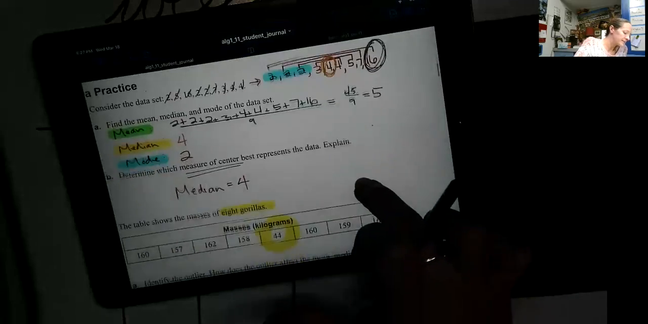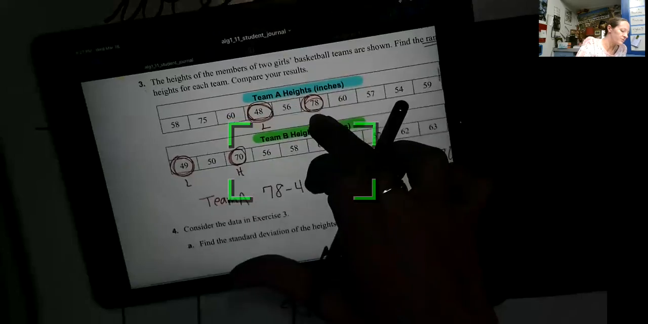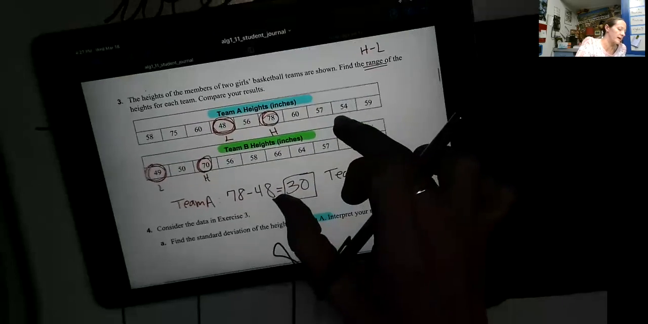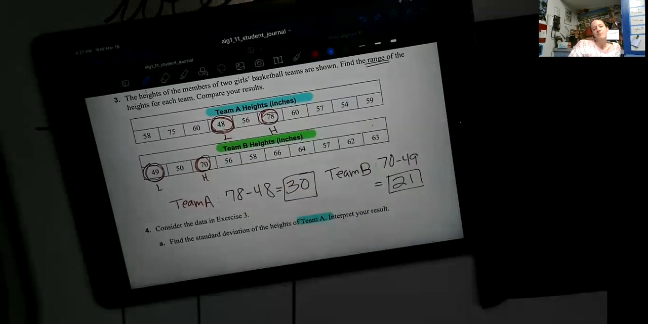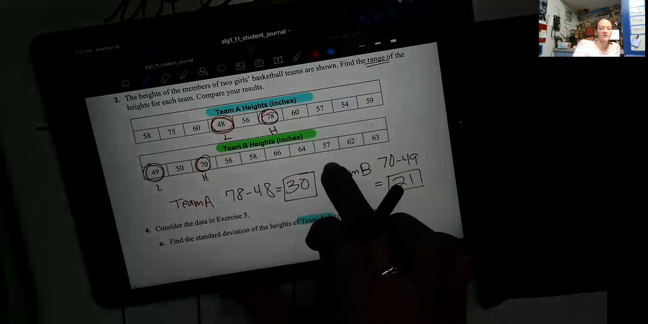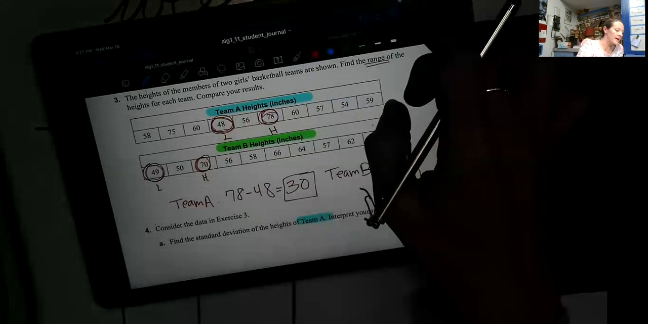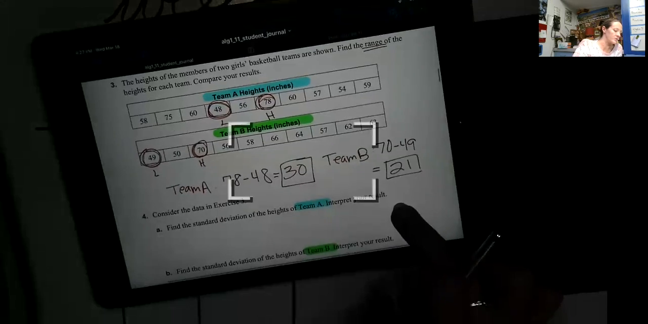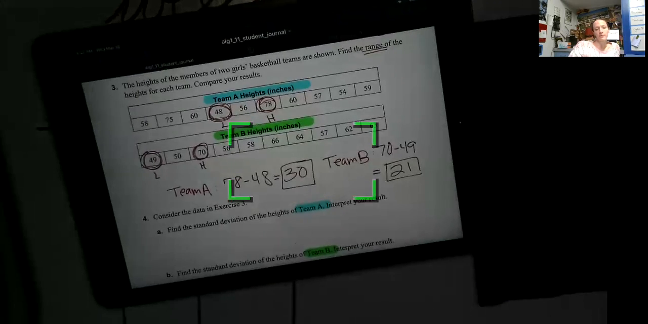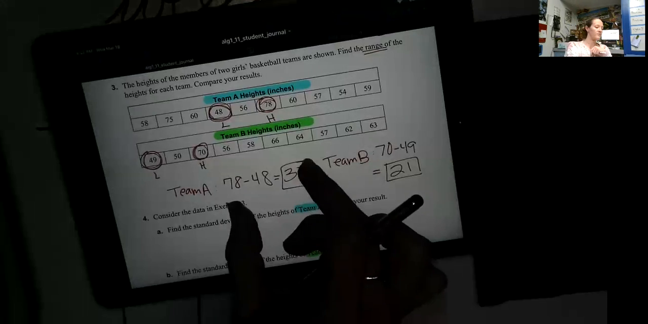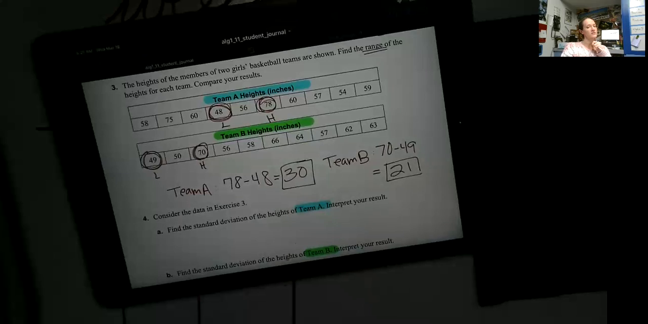So coming on back down to our girls basketball teams, we have already figured out the ranges of those teams' heights, the highest minus the lowest. Now it's time for us to find the standard deviation of A first, and then depending on time, we might go to B also. I'm going to use my whiteboard right below for this. If you want, you could pause the video and take a picture of these tables because I'm going to be using them as we fill in down below